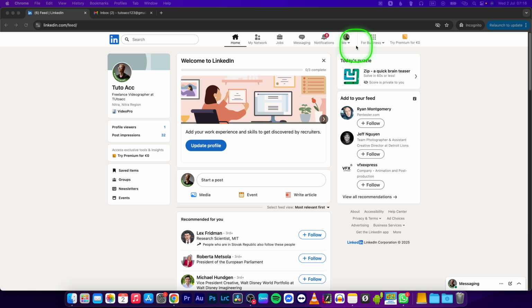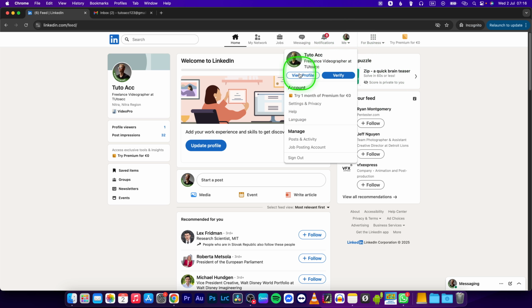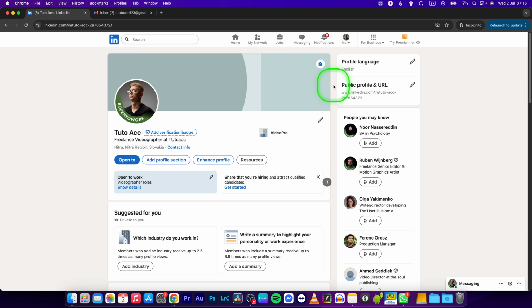First thing you have to do is go over to your profile. So click on your profile picture right here and click on this button which says View Profile. This will take you to your profile, and first thing you will notice, as myself, I don't have any banner